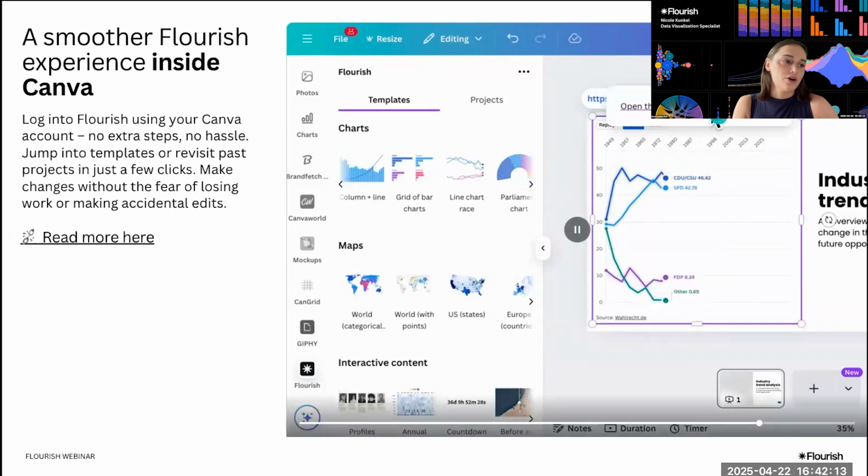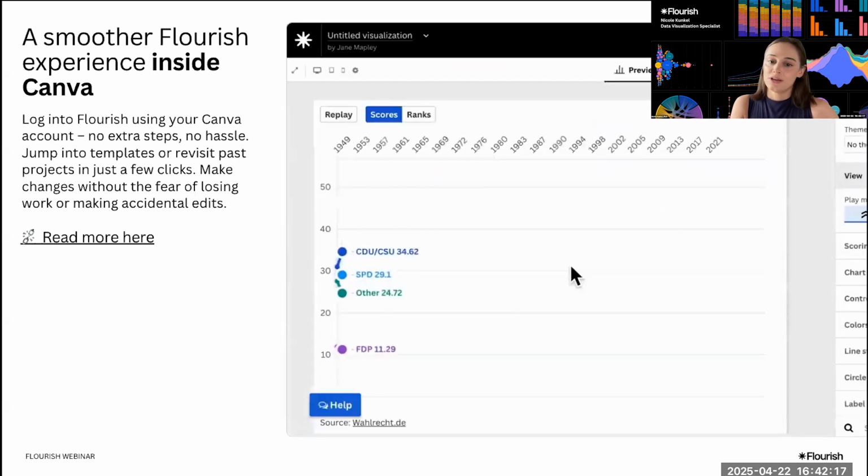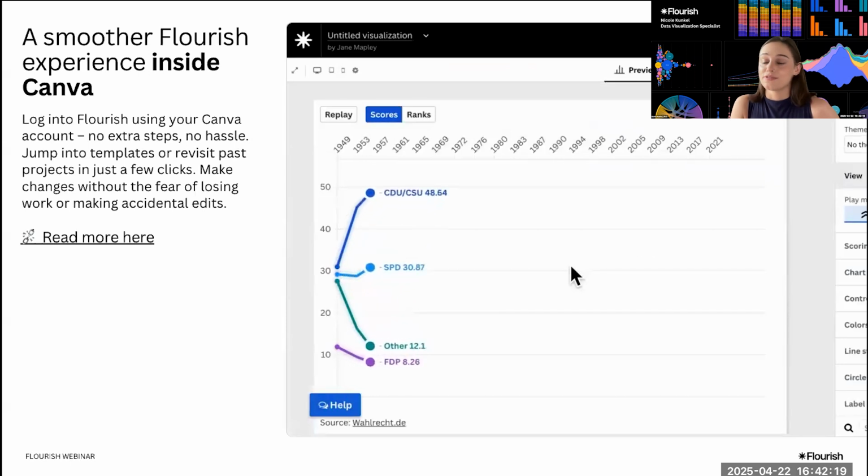And then from there, you can quickly edit your chart if needed within Flourish. We have a safeguard, so if you do go to edit this chart and it's already embedded in Canva charts or somewhere else, you'll get this pop-up that says, hey, do you want this to be edited across everywhere or not? Would you rather just duplicate it for yourself?